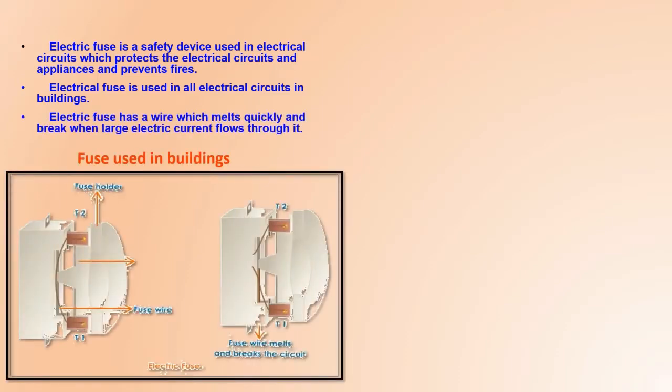Now this is how the electric fuse looks like. You must have seen it in your houses also. अगर वो fuse निकाल देंगे तो current flow नहीं होता है. अगर हम लोग उसको फिर से holder में डाल देंगे तो there will be electricity in your house. So this is what is electric fuse.